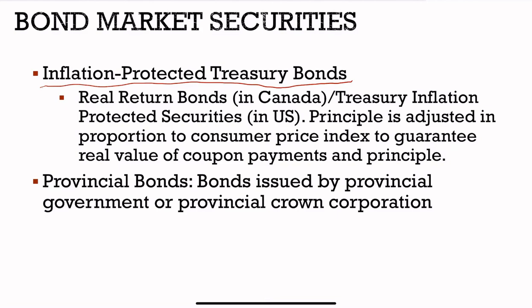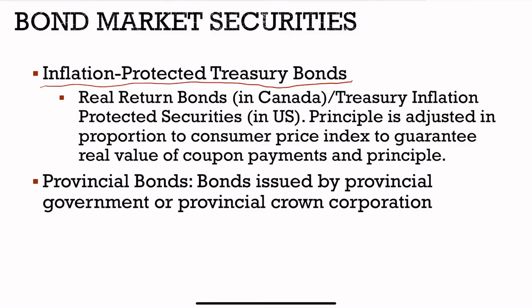It means that if you have a $1,000 principal, or par value, and suddenly you find out the inflation rate is 1% higher than expected, in this case your bond par value will be raised by an additional 1%. Quickly, you will see an example which tells you exactly how this